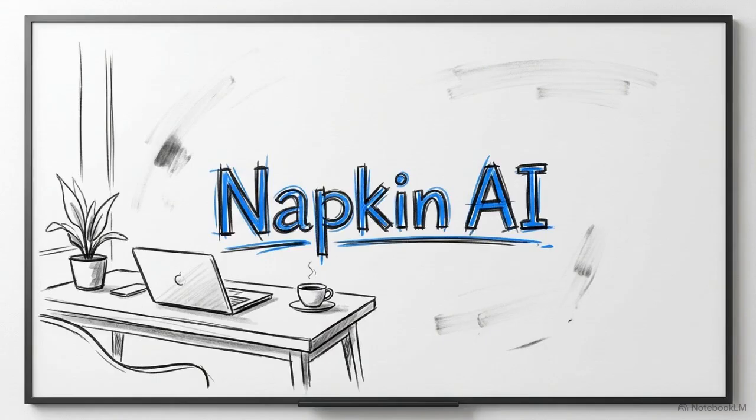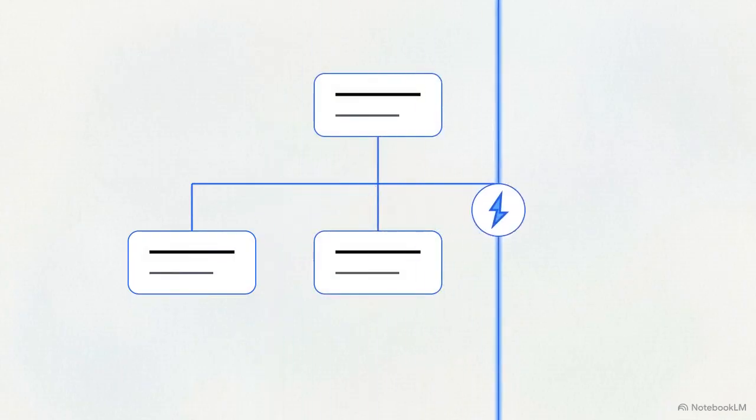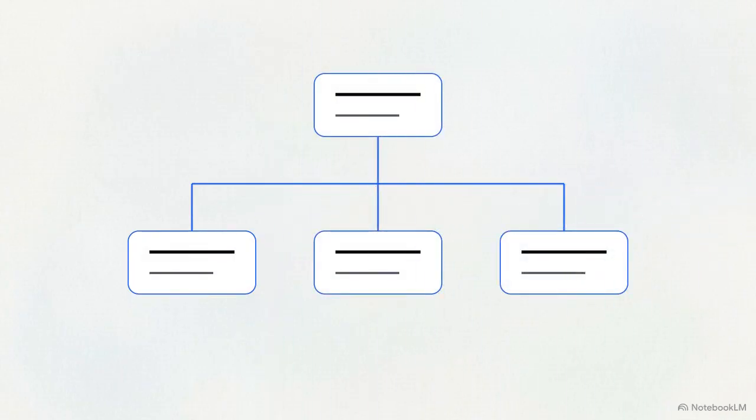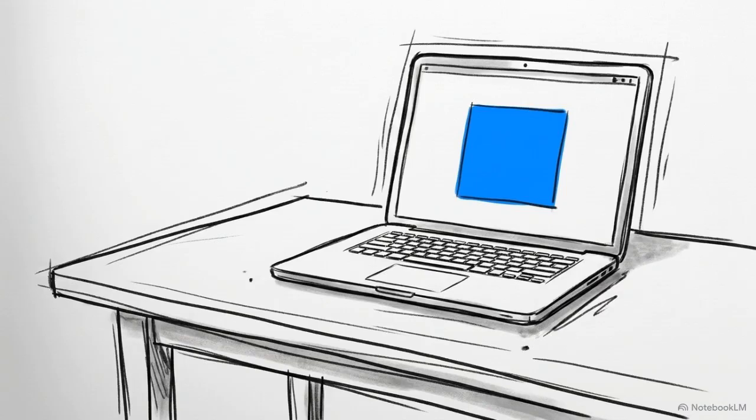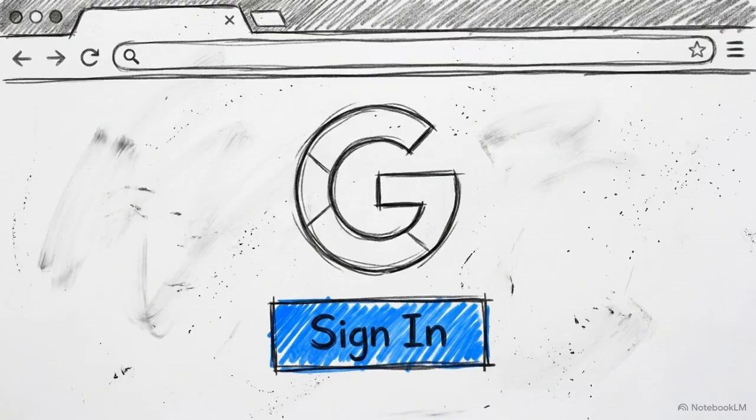But today, we are going to fix it using Napkin AI. It is a tool designed to do exactly one thing: convert your text into structured graphics in about 10 seconds. Instead of staring at a wall of dense text, you can instantly generate flowcharts, mind maps, timelines, and organizational charts, making your data readable. To get started, you only need 3 things: a web browser, a Google account for login,